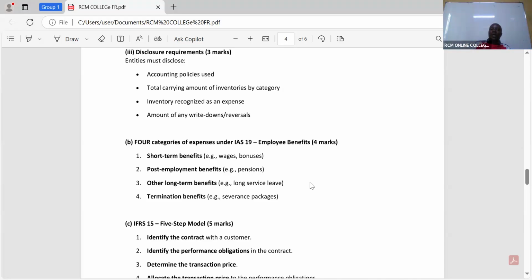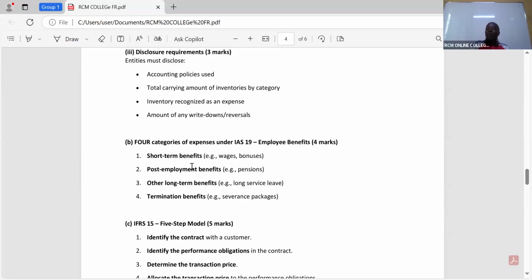So when we talk about employee benefits, you shall always look at these benefits from the time these guys are working with you. Then, of course, they either retire or something. So the first expense your employees will book is what we call the short-term benefits. Short-term, like ourselves here at the college, we get salaries. We get bonuses depending on the number of students that you get. There's lecturers who are able to pull like 500 students, 400 students. You must give them some bonus.